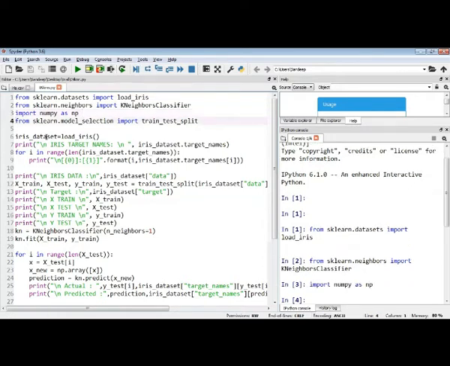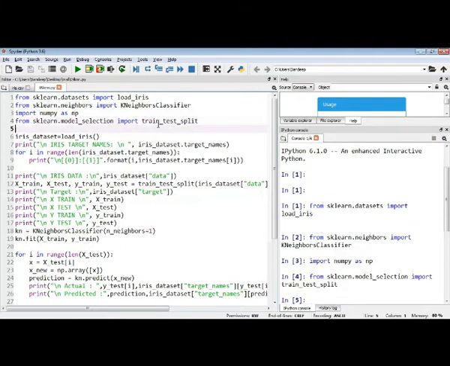Next line, from sklearn.model_selection, import train_test_split. I keep saying that we are using this train_test_split in almost all the programs. It will split our given data into training data and test data.